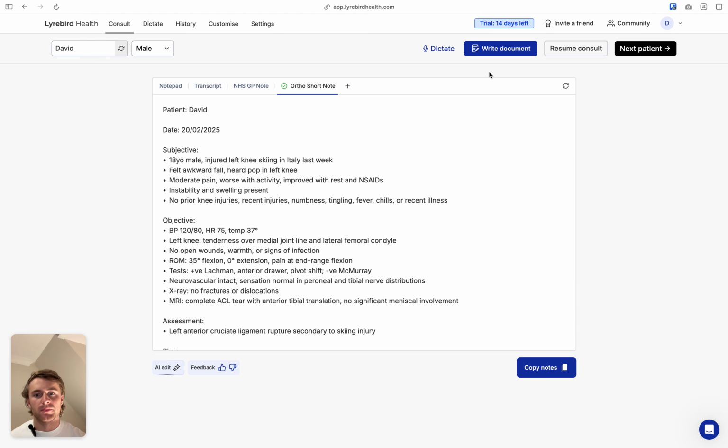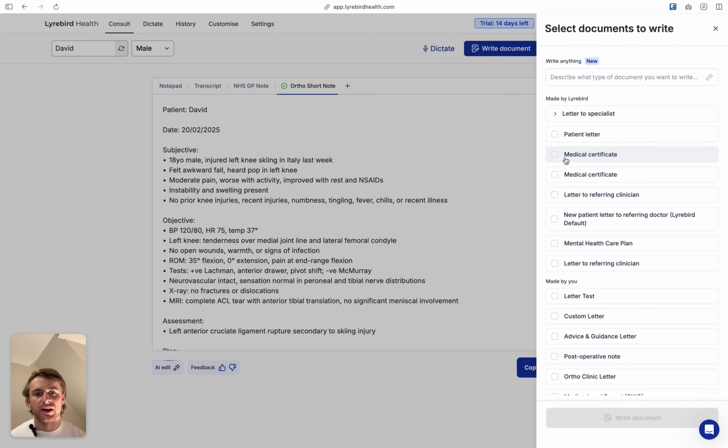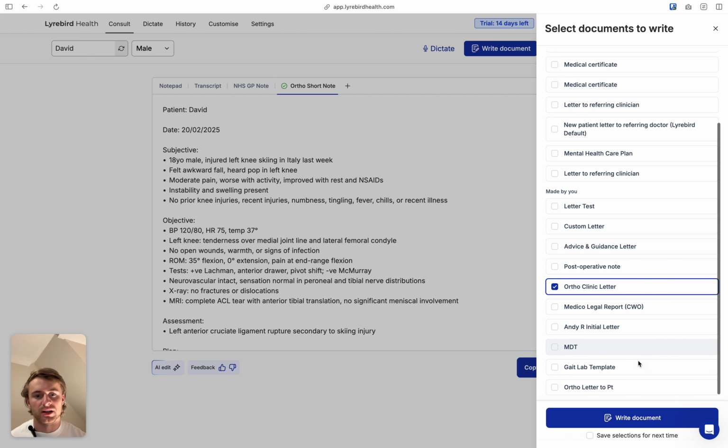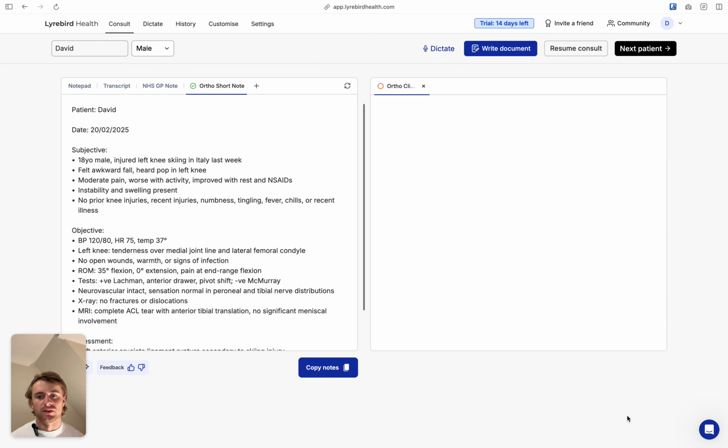Cool. Now what I'm going to do is generate the letter. So I've got this ortho clinic letter here that I'm going to generate. That's accessible via the community in letter or document templates. So once I've generated that,